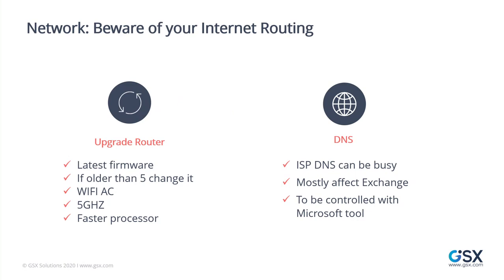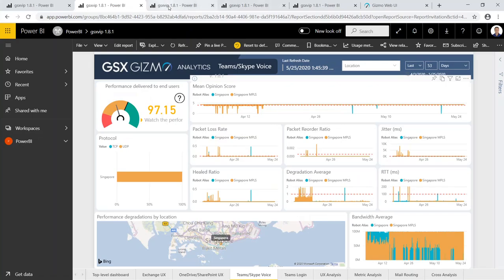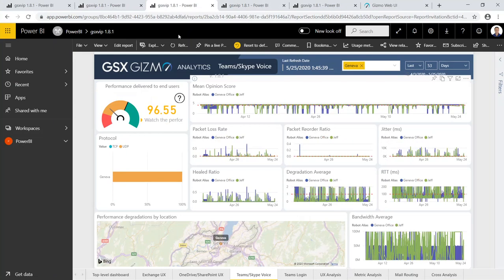So we have done the test. We had the issue basically in Geneva. I'll show you right now the statistics. So in Geneva, we have two different robots. We have one in the office, and we have one on a user laptop. That's mine. So what happened in April was kind of interesting